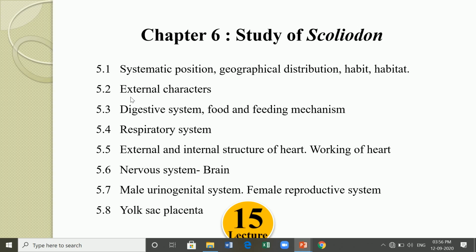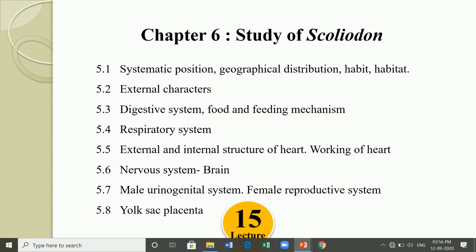Then the second point, 5.2, we are going to learn the external characteristic features of this Scoliodon, the Indian shark. Then after, we are going to learn the anatomy of the systems, that is the digestive system, their food and feeding mechanism. In the next point, we are going to learn the respiratory system